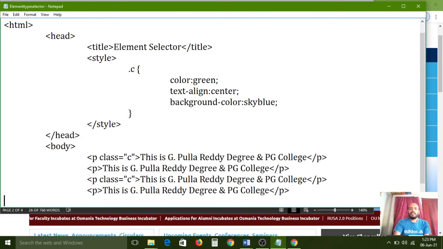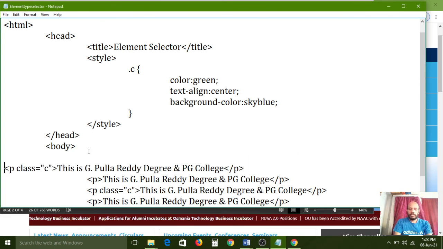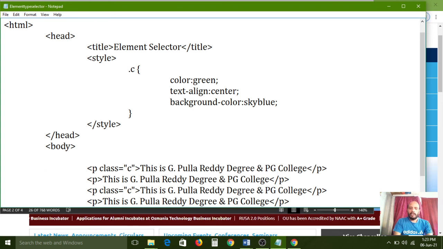Not only paragraph. Here I have given a heading also. Not only the paragraph tag, for every element you can apply this. In the H1, the same properties I want to maintain here also. For that I am using the class name here. Closing. GP or DC is the short form of our college.